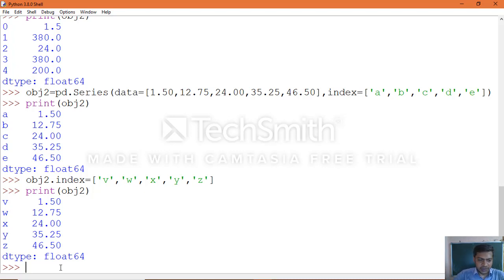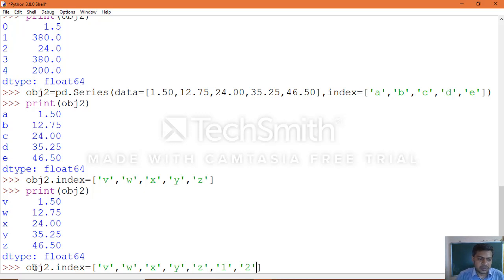See, if you try to change the size, you will see what happens now. Again, just change the index which we created earlier and increase it, 1 comma